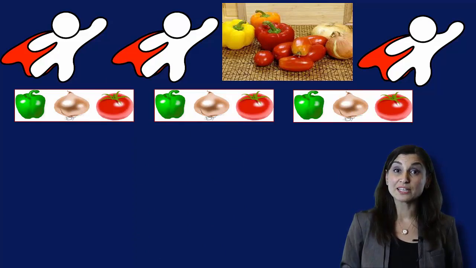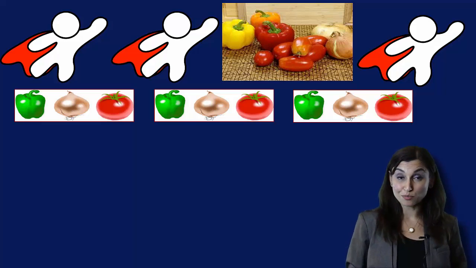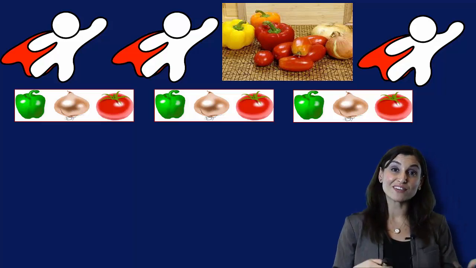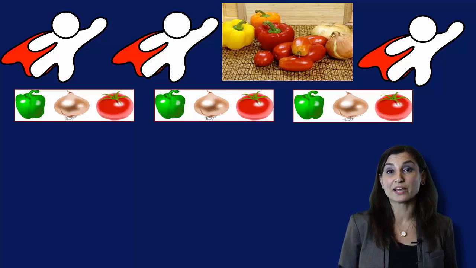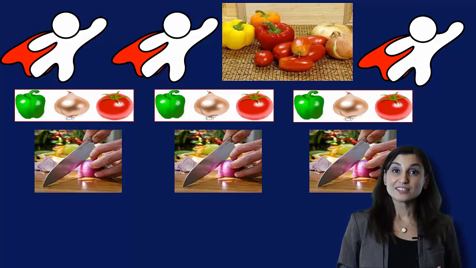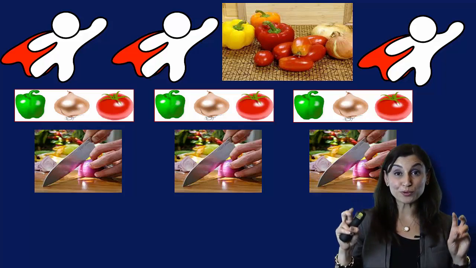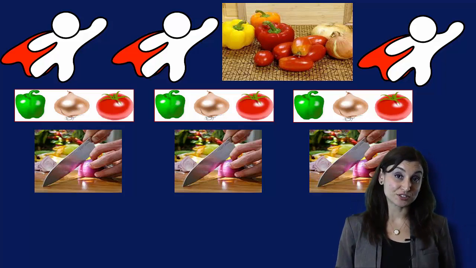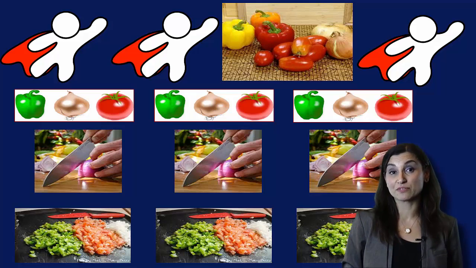Now, you need to give them directions to start dicing the ingredients for you, but in the heat of the moment, you end up mixing the onions, tomatoes, and peppers. Instead of sorting them first, you give everyone a randomly mixed batch of different types of vegetables. They are required to use their compute powers to chop the vegetables. They need to ensure not to mix different types of veggies.